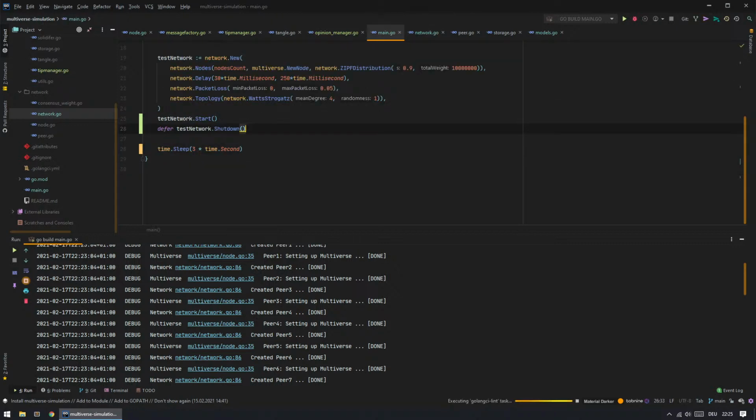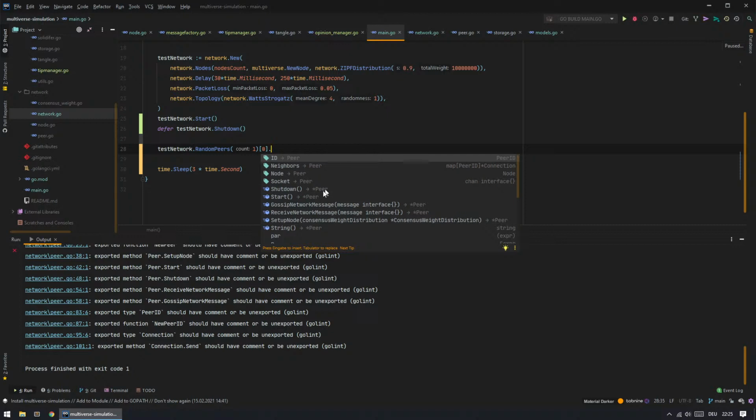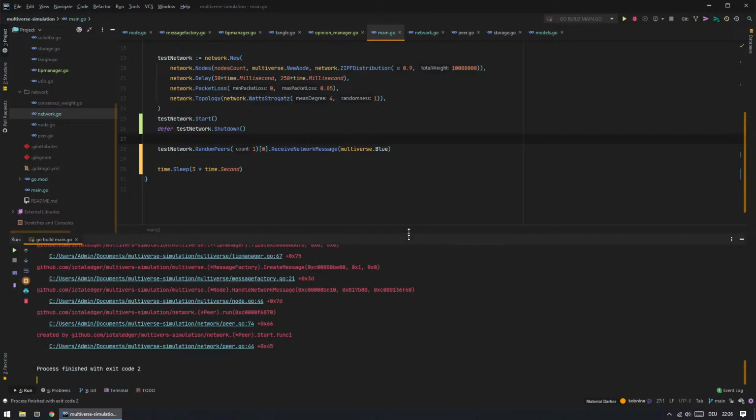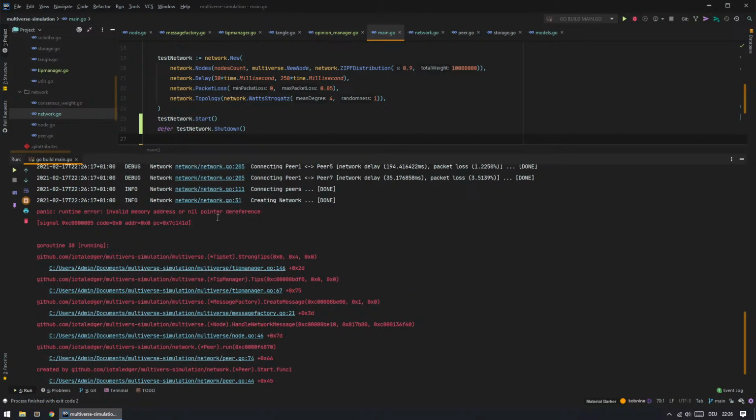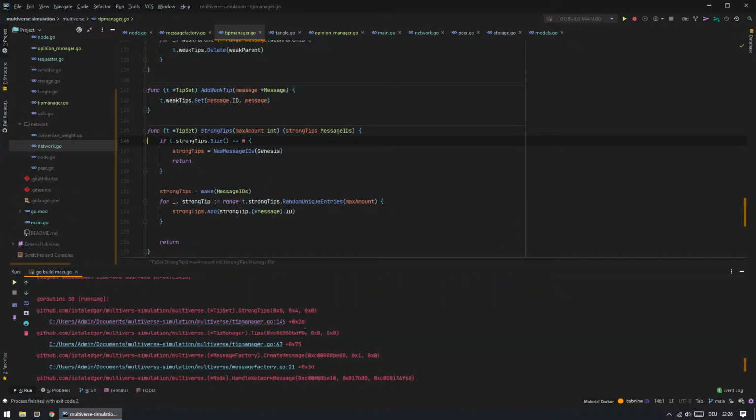So let's see if we can, for example, test network.RandomPeers(1), and then we take the first one, and then we receive a network message. We can say multiverse.blue. So now it should create a message and import a conflict. And of course, it says invalid message,